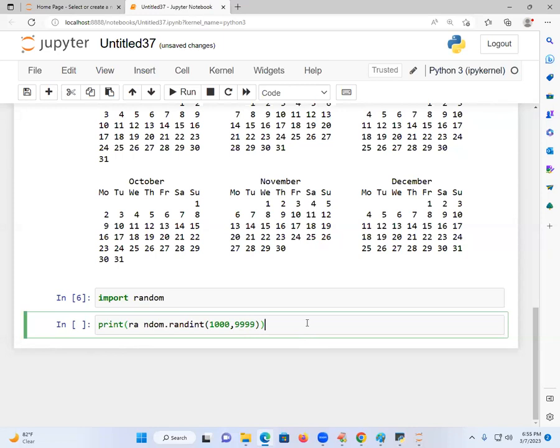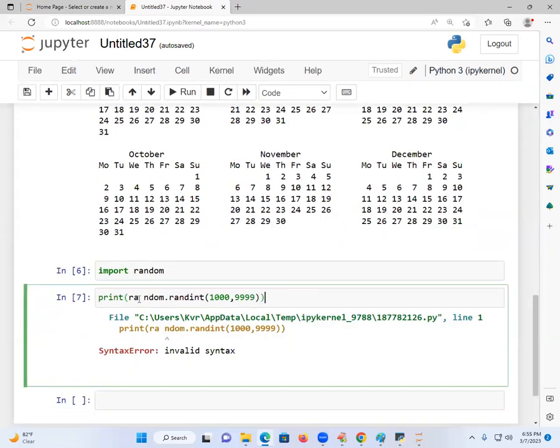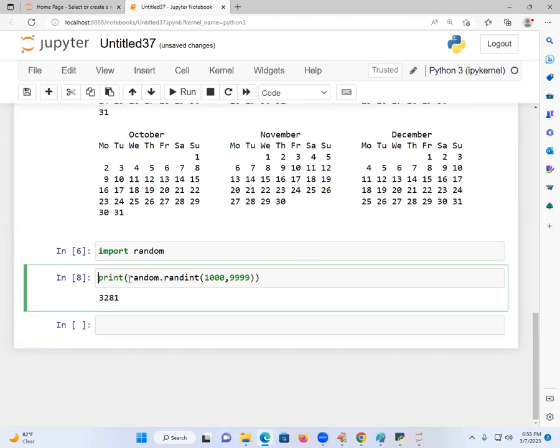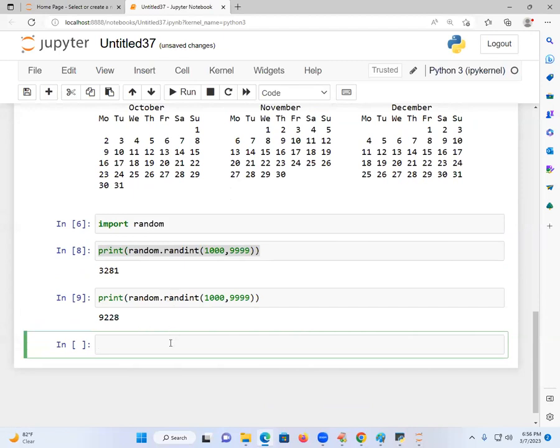Are you understanding? See how simple it is. randint, I give the random spelling with a space. See, students, I will get one number. This is a random number. Do you know which OTP will come? No. Are you following, students? Do you know which type of random number will come?